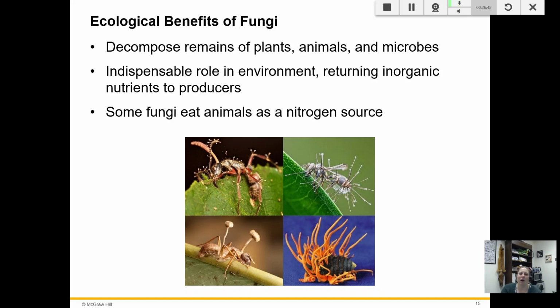Some fungi are saprotrophic and are the reason why your strawberries get squishy when you start to see the mold growing on them. The mold is the fruiting body of that particular fungus, and the mycelia are throughout that entire fruit. That's why it looks squishy: it's releasing enzymes and absorbing those nutrients.